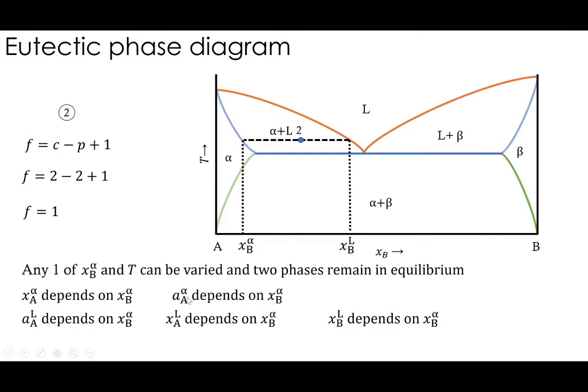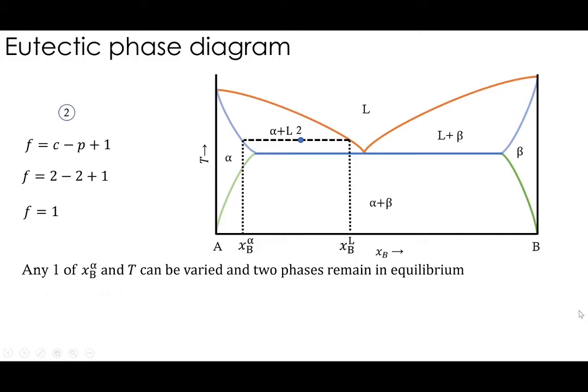So now that is not an important thing. Now we will see what Gibbs phase rule means here. Okay, think about this point moving up like this. Temperature is changing. You may think that we are still in two phase region, but think about the composition XB alpha. What happens to that? Draw a tie line here and see. So this is the new XB alpha, isn't it?